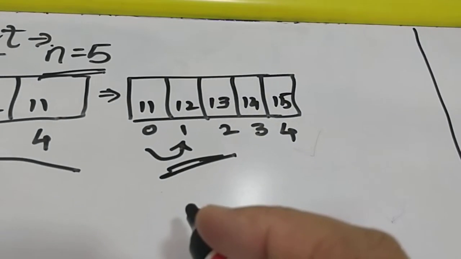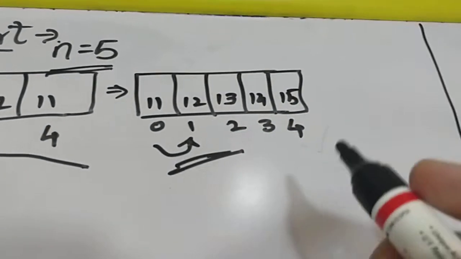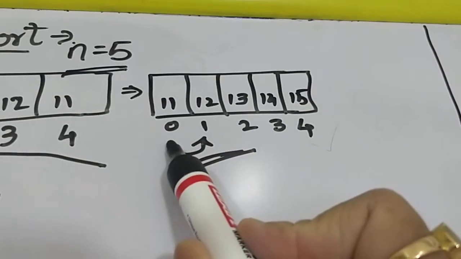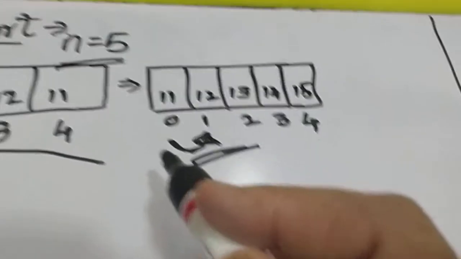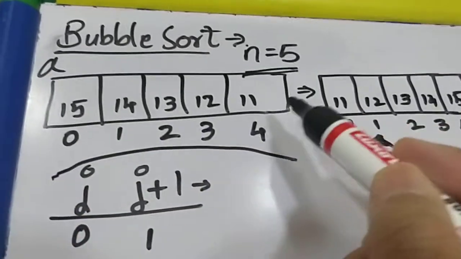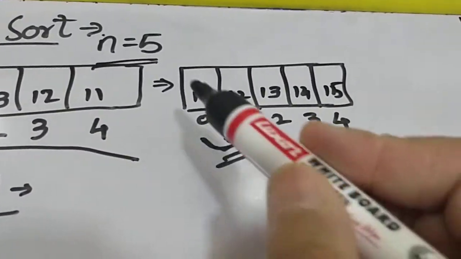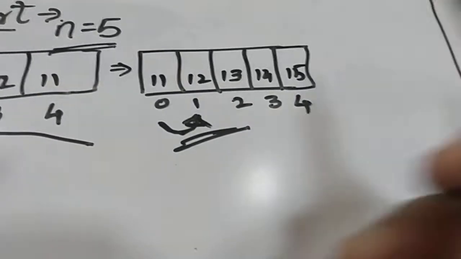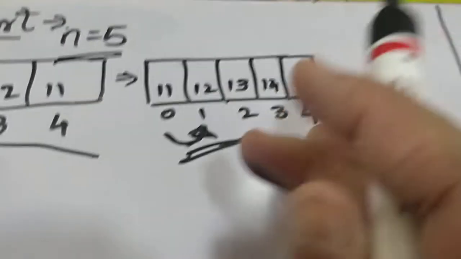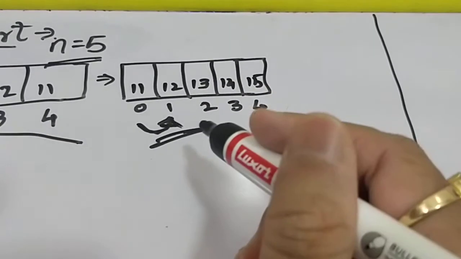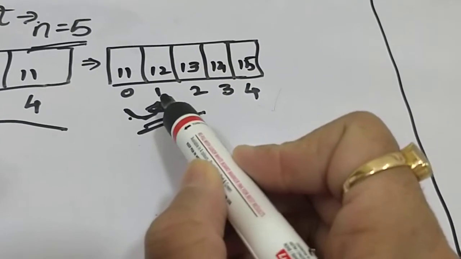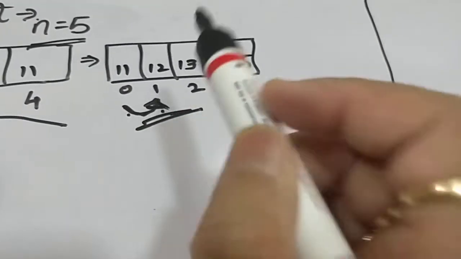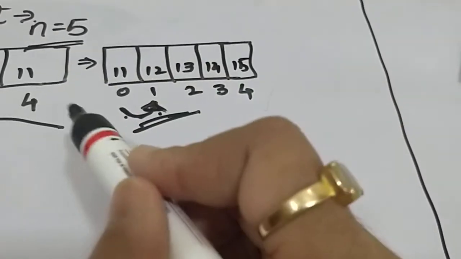Now when I am talking about an array sorted in ascending order, you can understand that if I compare any element with the element to its right, it cannot be greater. Suppose 11 is repeated twice, then my expected output will be 11, 11, 12, 13, 14, 15 and so on. We can say an array is sorted in ascending order when any element is compared with the element to its right, and if it is found greater, then we will say that it is not sorted.